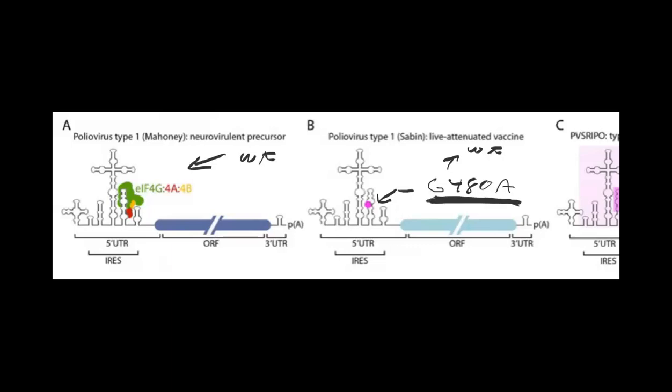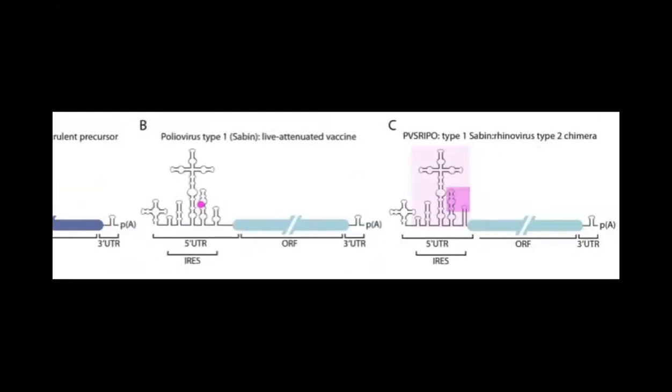Okay, but the problem is that it can go back to wild type with these point mutations. Now, the actual treatment for glioblastoma is a modification in the 5' untranslated region. And this region here